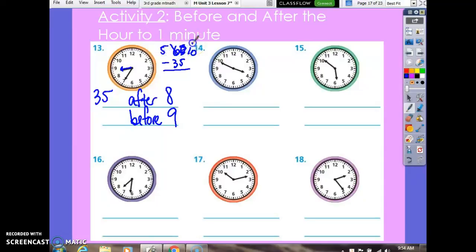Okay? See what I did? I crossed out the 6, I made it a 5, and I borrowed, so now I have 10 minus 5 equals 5. 5 minus 3 equals 2. That's 25 minutes. And if I count on the clock, 5, 10, 15, 20, 25, I'm going to see that